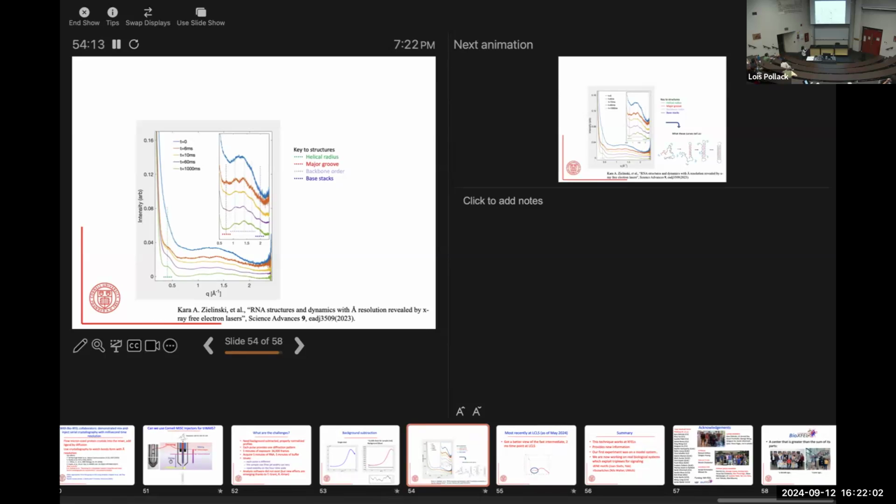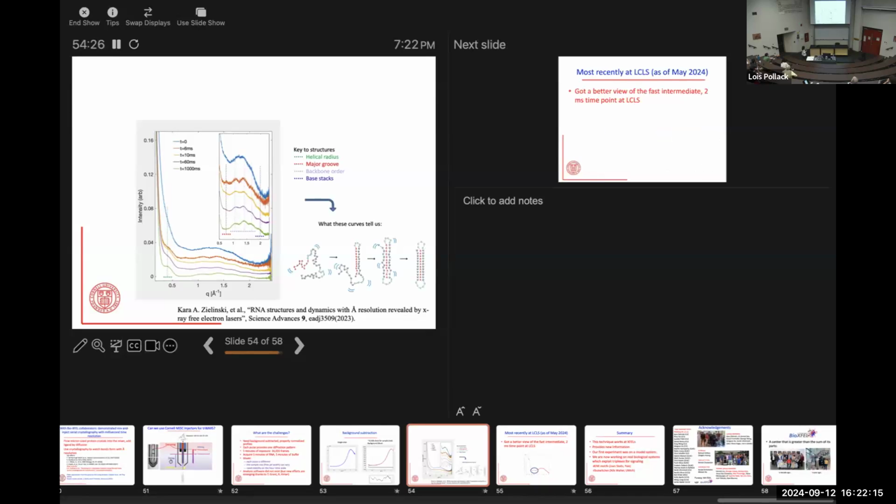And by comparison with models, we can interpret this as the radius of the helix. That's the major groove that tells us there's a duplex, backbone features, and the base stacks. So just by looking at these curves, without MD, I can tell you that we start with a mostly unstructured molecule. The first thing that happens, because we capture this peak over here, is that two of the strands fold to a duplex. Then there's quite a bit of rearranging, and then finally it settles into the full triplex state here